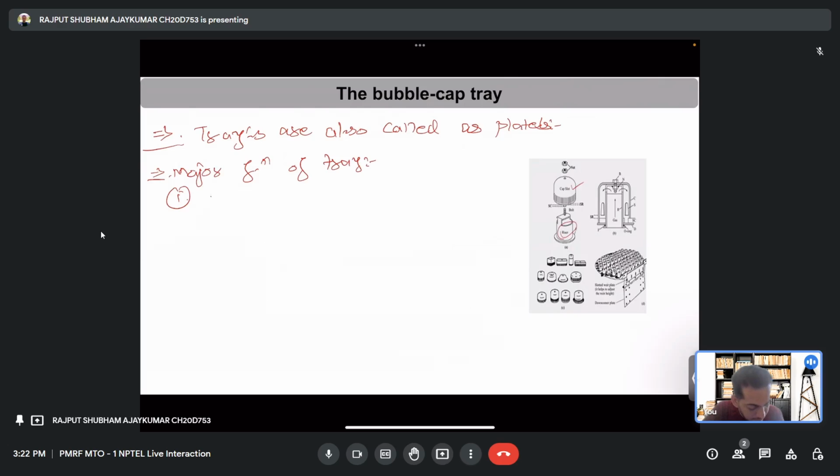So the first one is gas bubbles through the liquid to form a gas liquid dispersion,